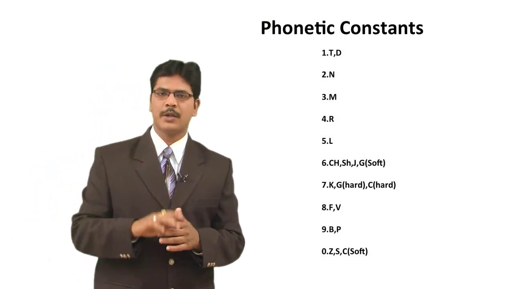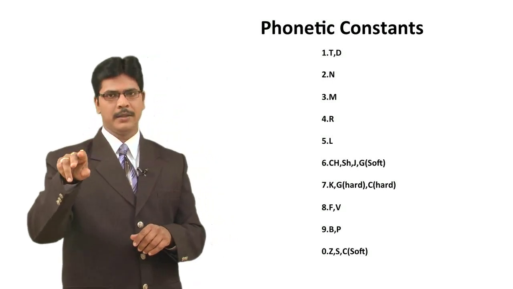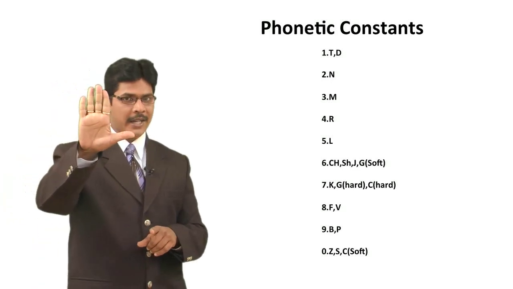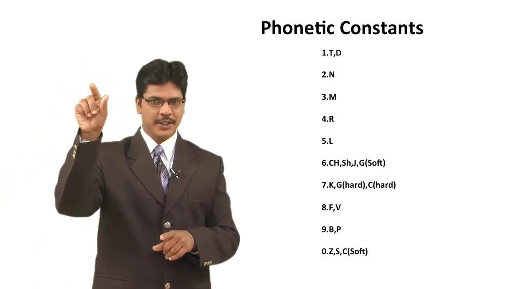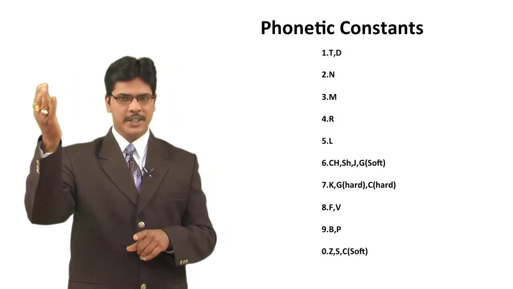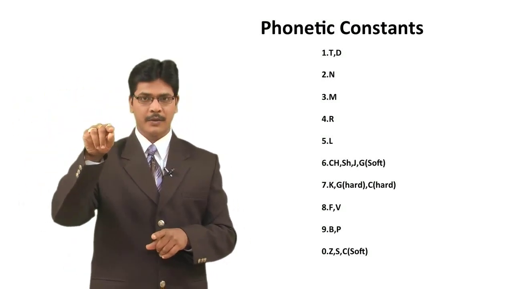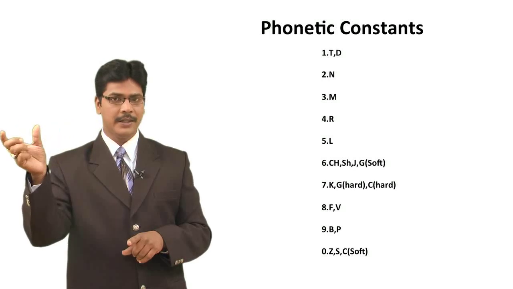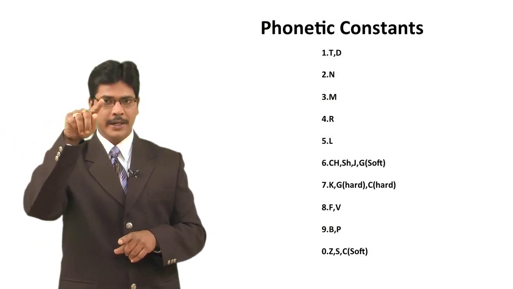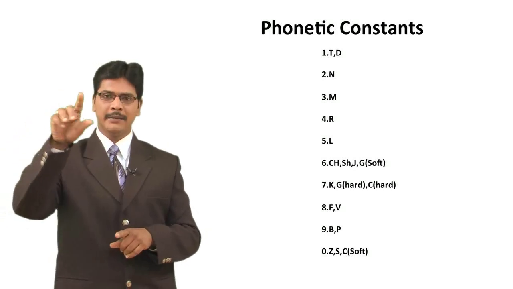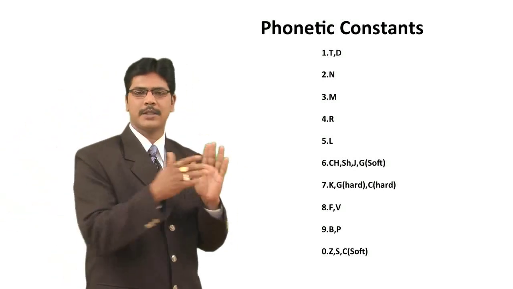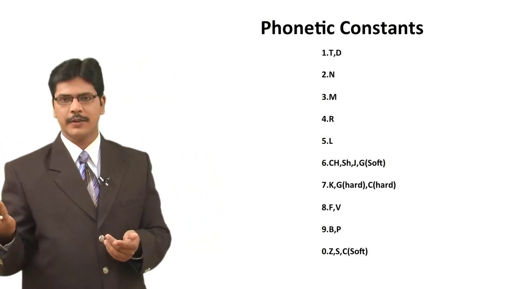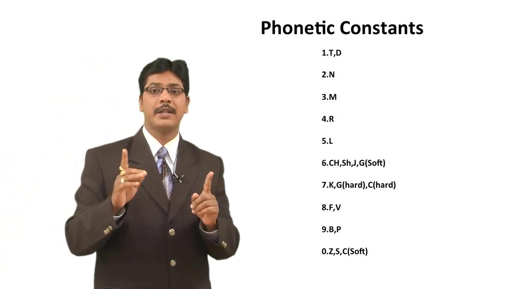1 downstroke. T and D has 1 downstroke. 2 has 2 downstrokes. N. 3 has 3 downstrokes. M. 4, F O U R. Do you all remember that? 5, L. 6, small child: ch, sh. CH, SH. Mirror image of 6, J. Substitute of J is G soft. 7, cursor written K, you all remember that? KG, kilogram, and K and C hard, K sounds, okay? C hard. 8, 2 loops, F and V, weakness, you all remember that? 9, make it upside down, B, tilt sideways, P. 0, Z for 0, substitute is S, substitute of S is C soft. I suggest you just commit to memory with the aid.